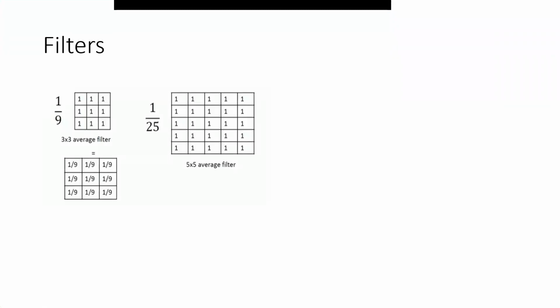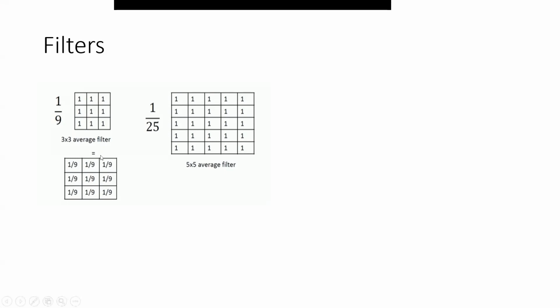The filter size would depend upon the size of the images you have, or the size of the video you have. Once you define the size of the image, you need to pre-decide what kind of filter size you need, whether 3 by 3 or 5 by 5. This is one of the hyperparameters which you need to tune while seeing the output after the input is passed to the convolution neural network.